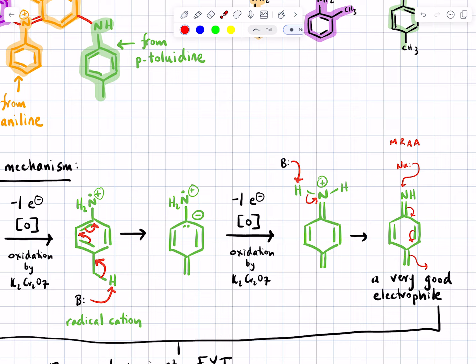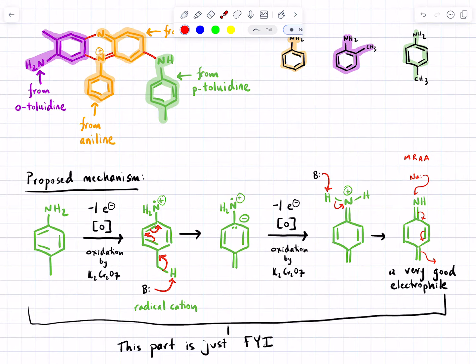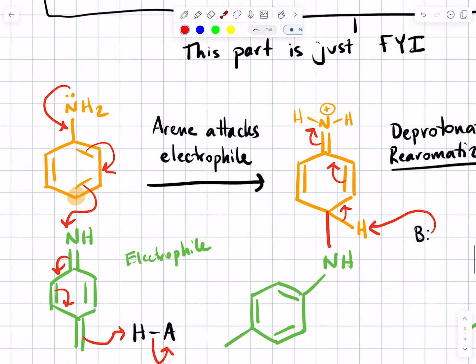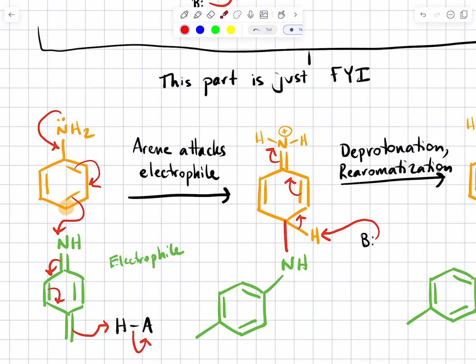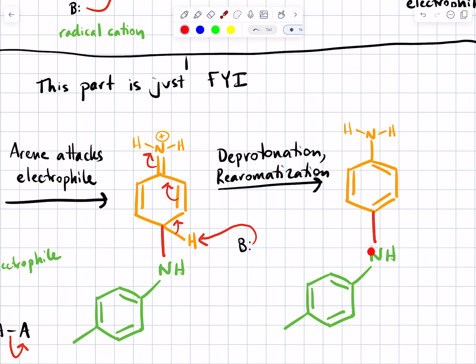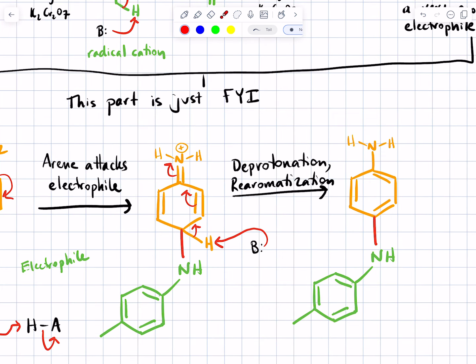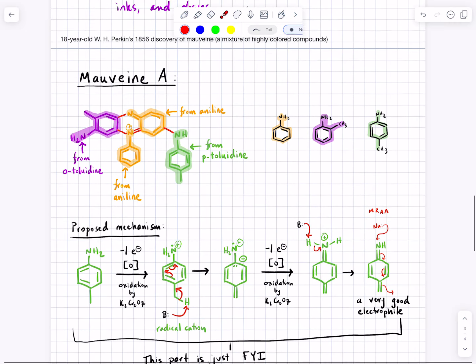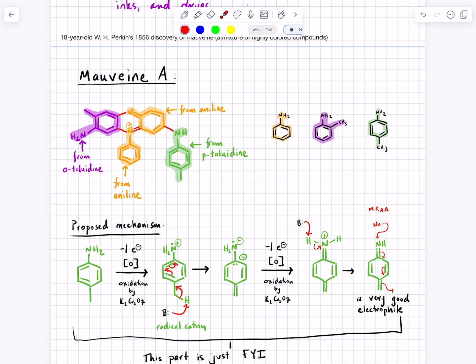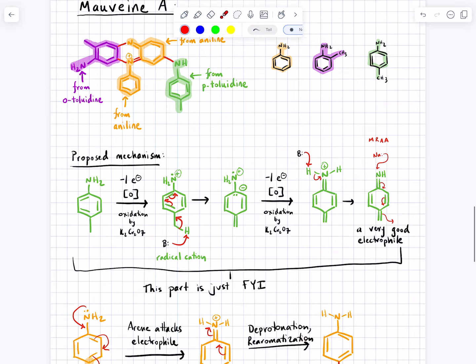But this molecule is a good electrophile, and what they think happened is that you did electrophilic aromatic substitution using one molecule of aniline, attacking the electrophile to make a new carbon-nitrogen bond, and then removal of the proton at the carbon where the nitrogen was resulted in re-aromatization, and that maybe made one of the bonds in this mauveine A type molecule. All right, so that's sort of accidental chemistry, making dye molecules, and it probably involved some